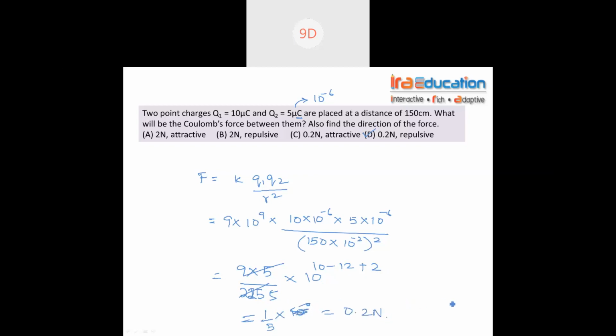See, how you calculate is up to you. Ma'am, what is epsilon? I told you, right? It's called epsilon naught, the permittivity of free space. Its value is 8.854 into 10 power minus 12. Guys, I don't need you to remember this. But remember that 1 by 4 pi epsilon naught value is 9 into 10 power 9. Ma'am, what is epsilon naught? This is epsilon naught.